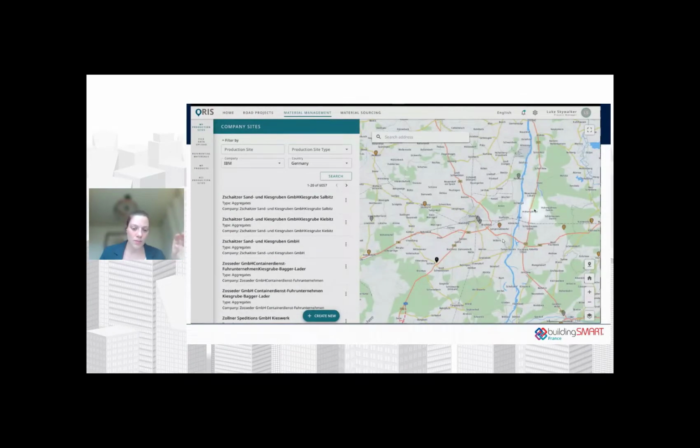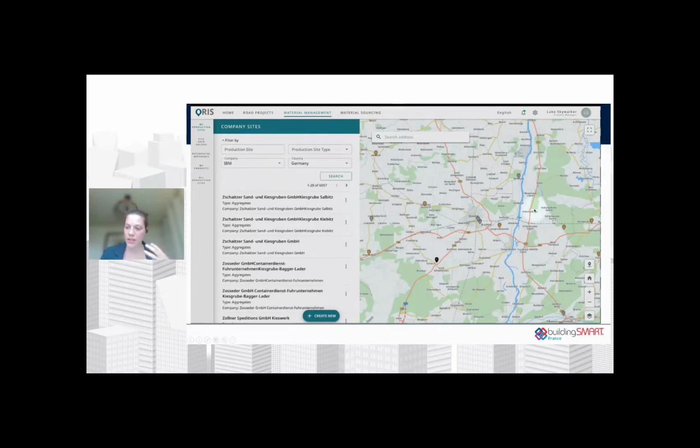If I go further in the operational element, this is a tool called ORIS, and this tool is used to have a mapping of where I can find some material.